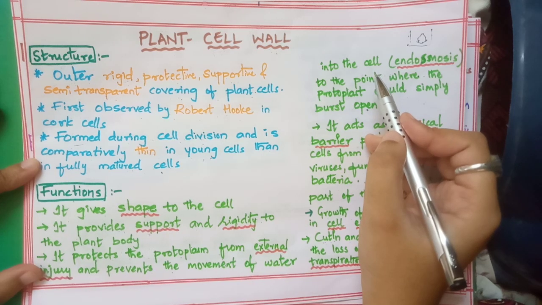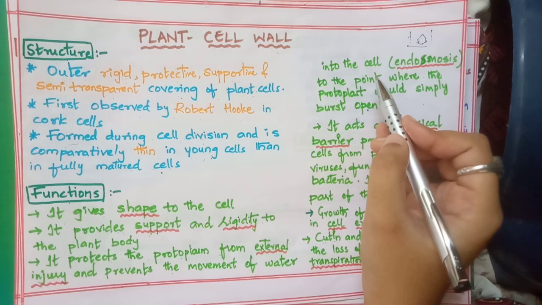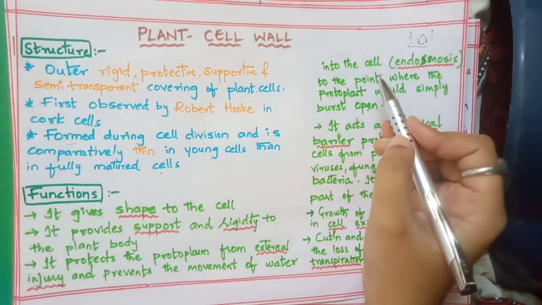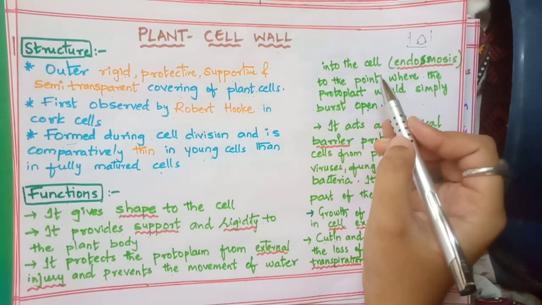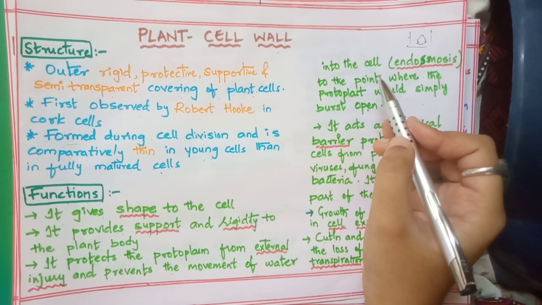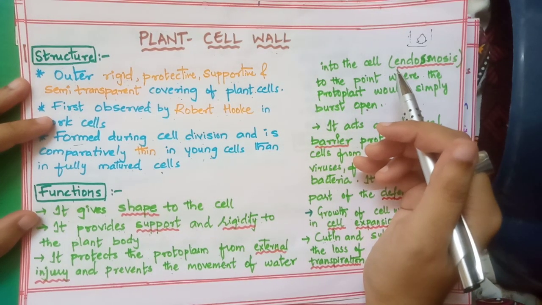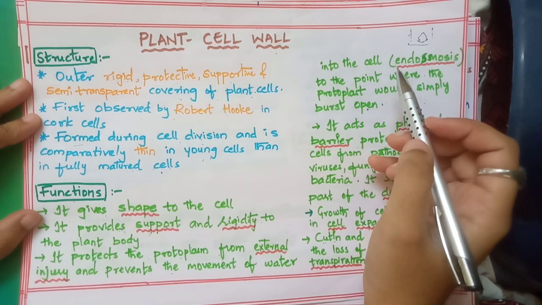Due to this turgor pressure, animal cells without a cell wall show a tendency to burst, but due to the presence of the cell wall in the plant cell, it shows rigidity and it creates an equal and opposite pressure against the plant cell wall and it prevents the cell from bursting. This equal and opposite pressure is created by the cell wall. As a result, the cell remains in the proper shape.